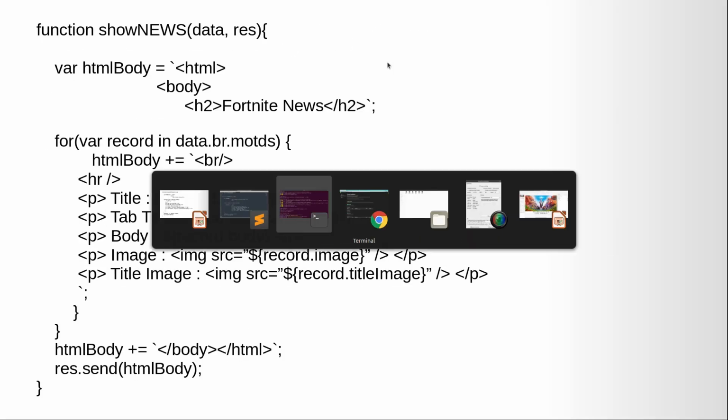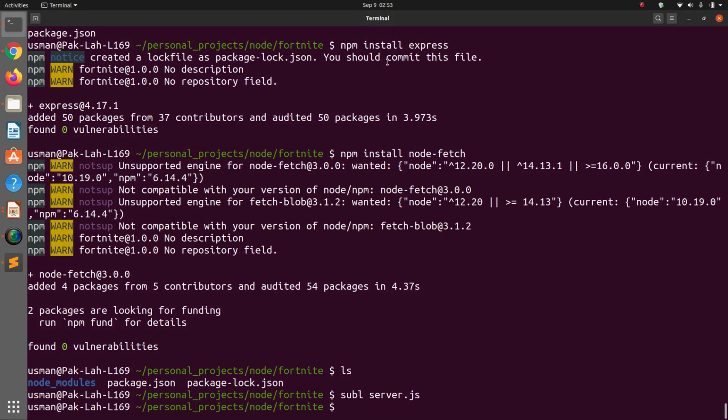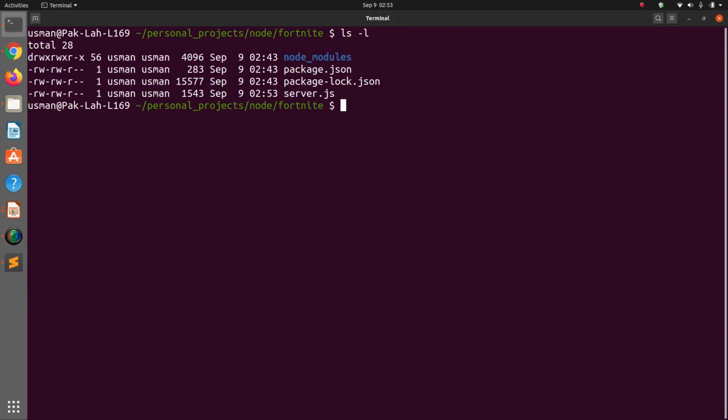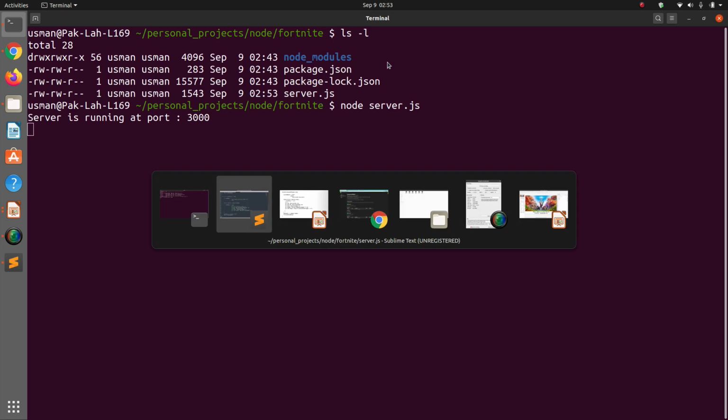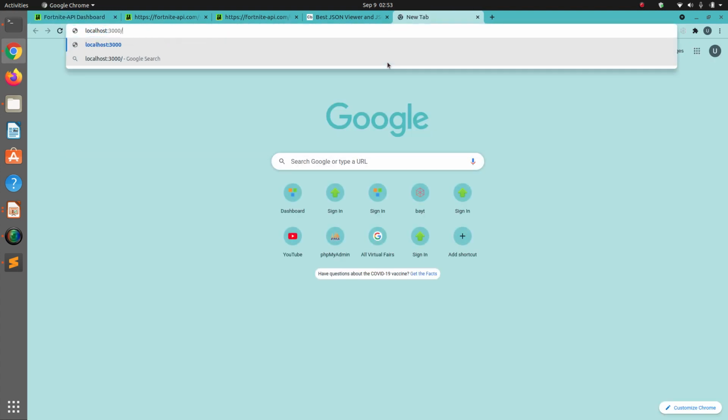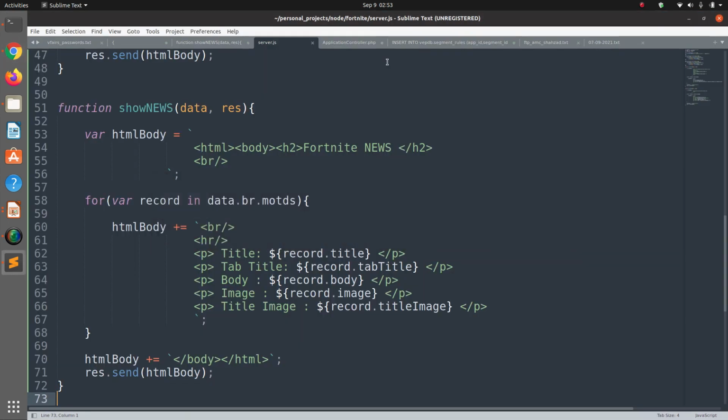So let's go on to the console here, and let's see what we have got on the screen. So we have server.js. Okay, I'm going to run server.js. Let's see what happens. Okay, it says server is running at port 3000. So at port 3000 we can hit the server. So I'm going to open localhost:3000/, our first endpoint is